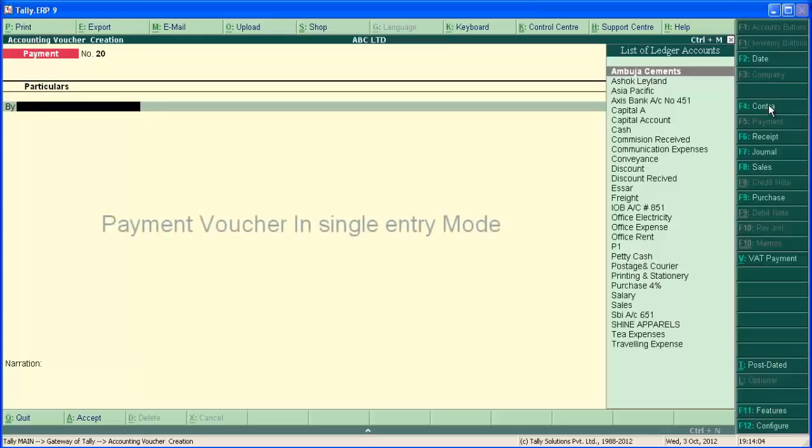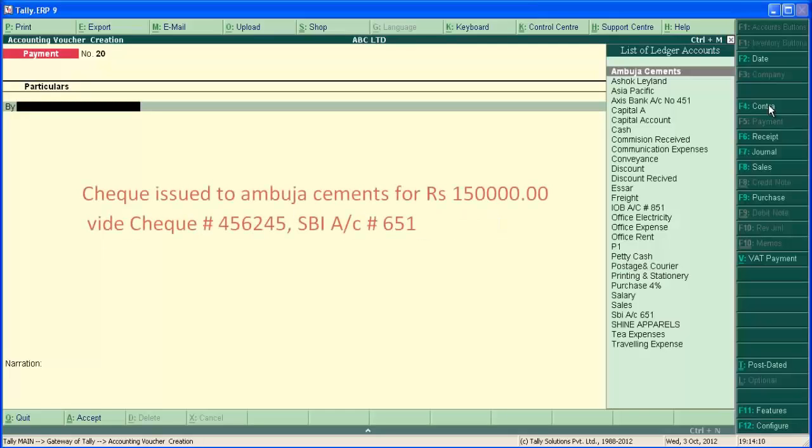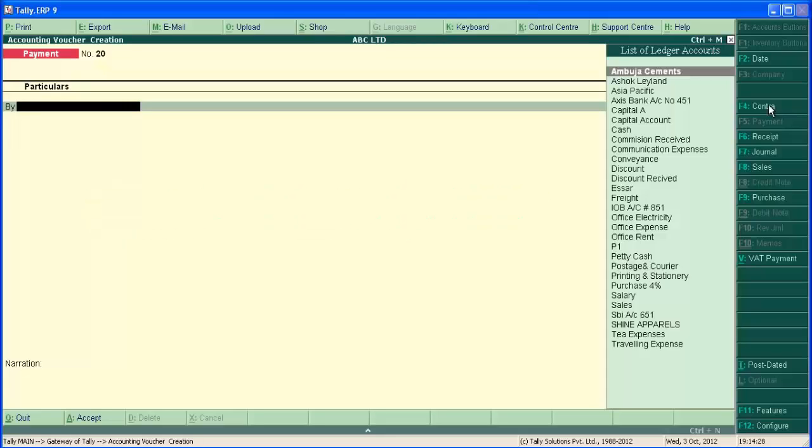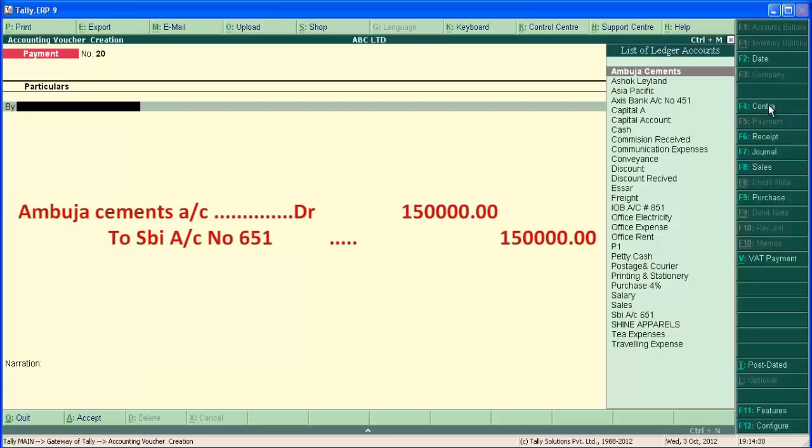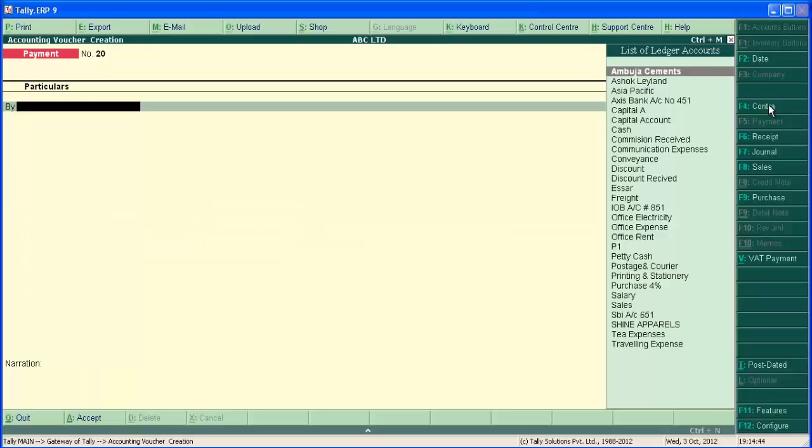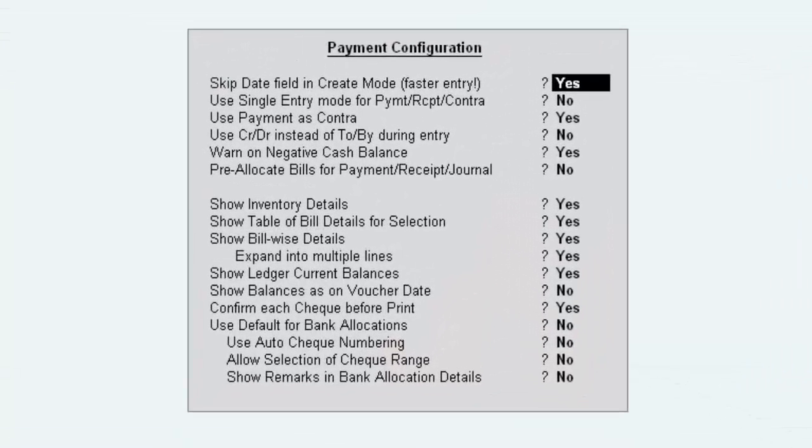Now payment transaction in single entry mode. The example transaction is check issued to Ambuja Cement for ₹1,50,000 through check number 456245, and the bank is SBI account number 651. The journal for this transaction is Ambuja Cement account debit to SBI account 651, ₹1,50,000 each. To enter this transaction in single entry mode, again press F12 to change the voucher entry mode,